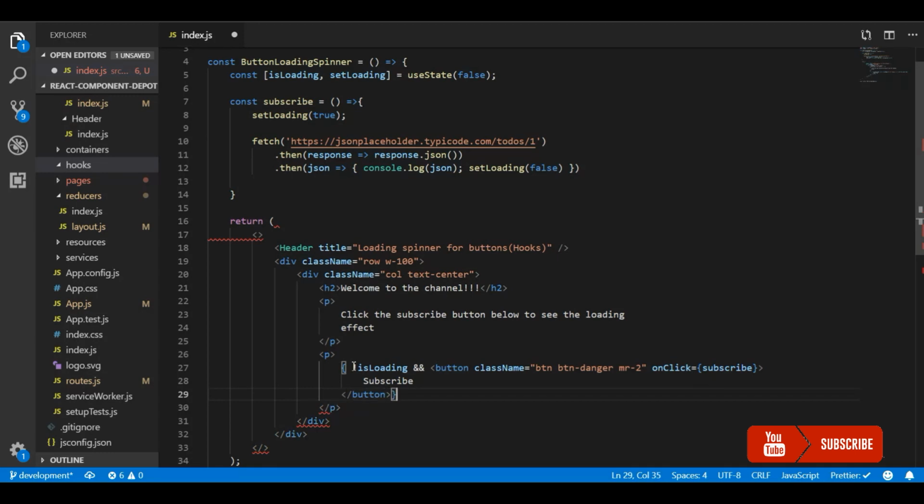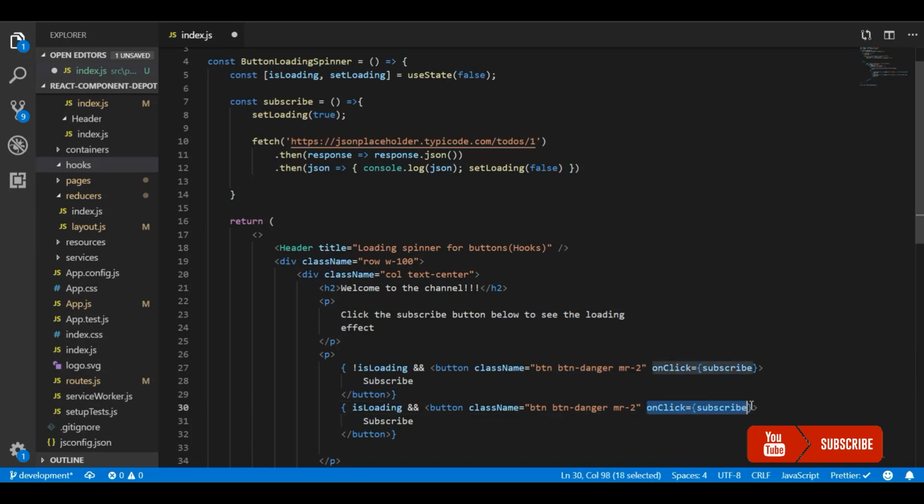Once it is loading, I will have the loading spinner from Bootstrap. I'm using that icon while changing the text, and making this button disabled for obvious reasons, so that the user cannot click it twice.